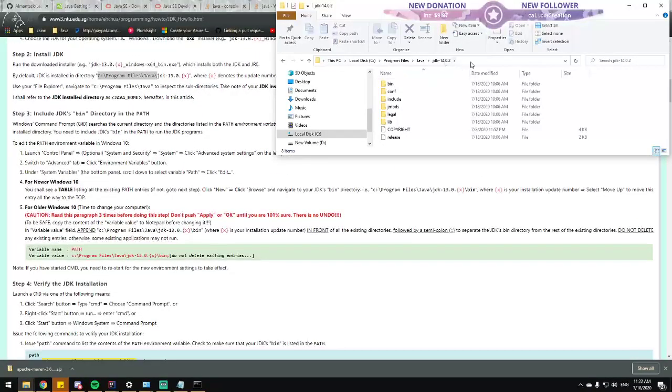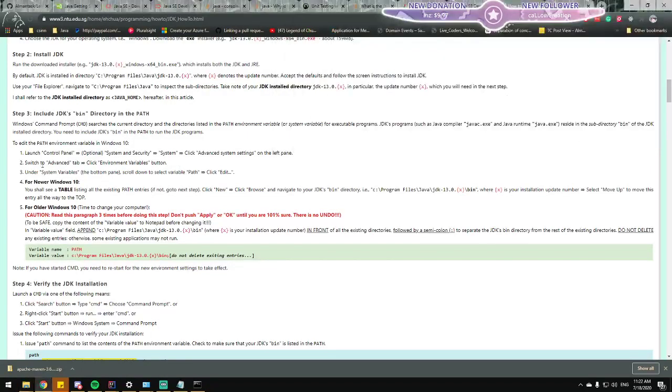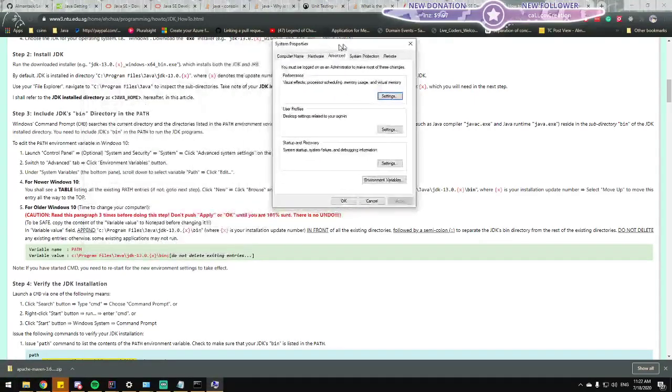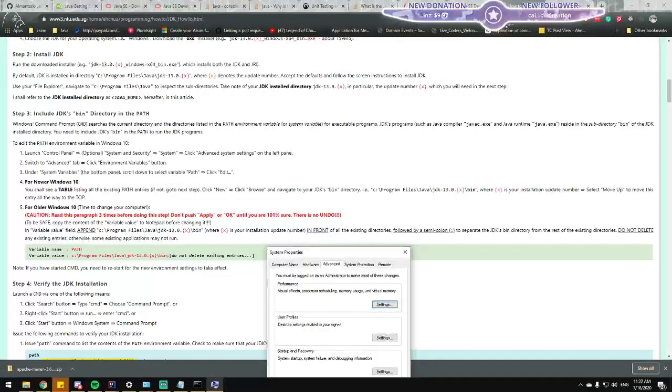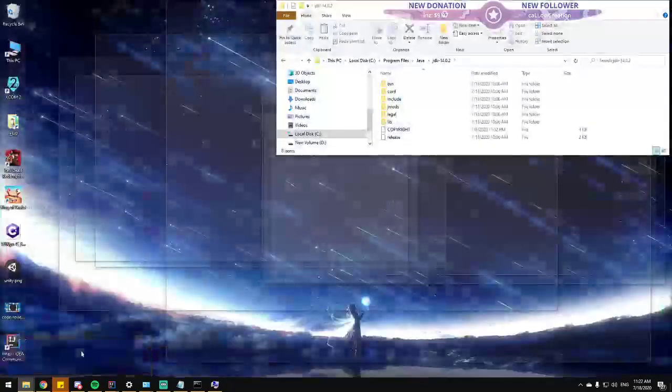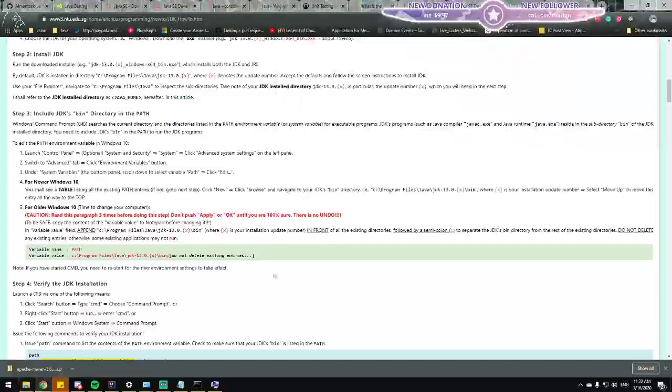Okay, this is the thing. So system and security, environment variables. Okay, so now they're teaching me how to add a path variable. So what do I need to add exactly? /bin. Okay, so I need to add /bin to the path.